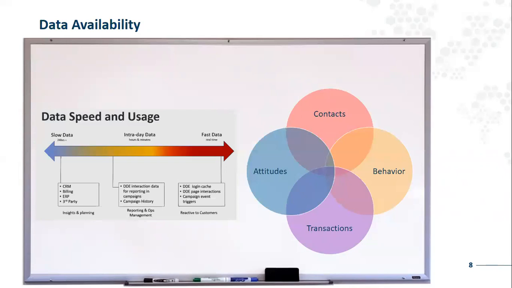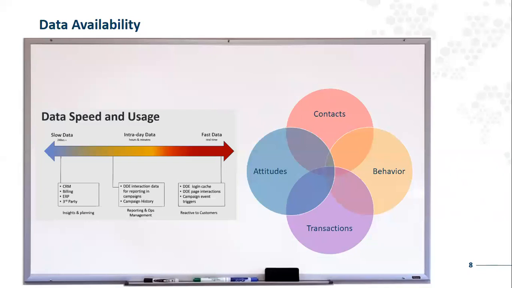So slow data, which would be more on a historical view of transactions, geodemographic data, but historic data doesn't change that quickly, maybe just every 24 hours. So that gives you your depth analysis. But also through to fast data, so things that might be changing in the moment, which might be someone doing some activity maybe on your website or someone interacting with someone in a call center. There's lots of information there that as a marketer being able to utilize would help you better market to your